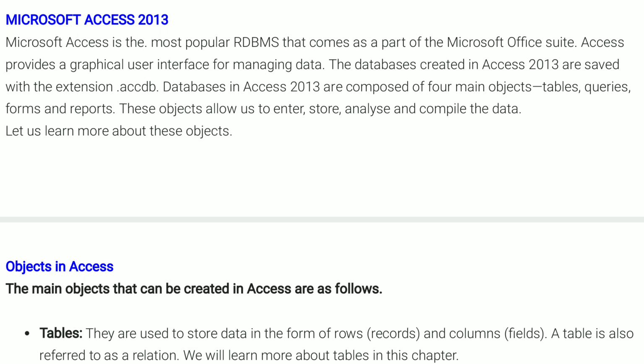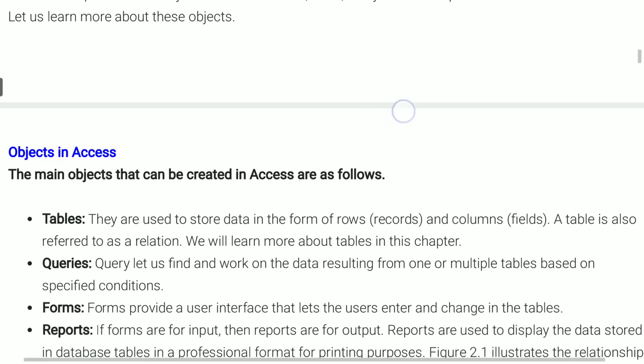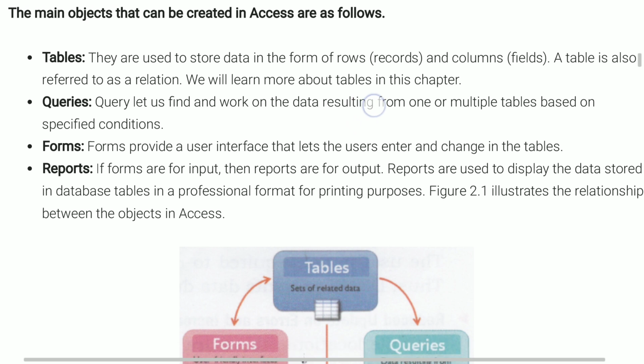These objects allow us to enter, store, analyze, and compile the data. Now I'll discuss all the prime objects of a database that can be created in Microsoft Access one by one. First one is tables.